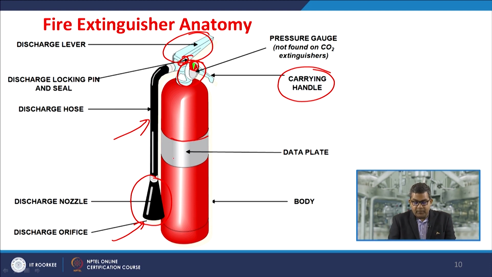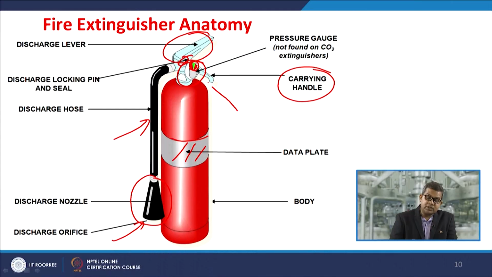Here, this is the data plate where you can put the relevant information, that is, for which class of fire it is to be used, like A, B, C, D, etc. At what point of time it was last refilled. Because, as I told you precisely, the dry chemicals or CO2 etc. have some shelf life or expiry. So, if it is nearly approaching the expiry, irrespective of the pressure in question, you need to recharge or